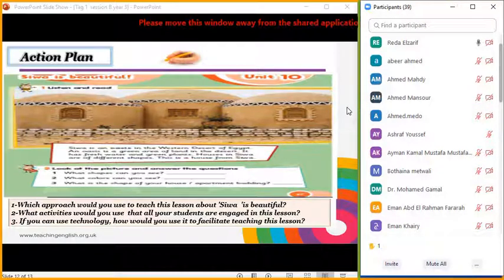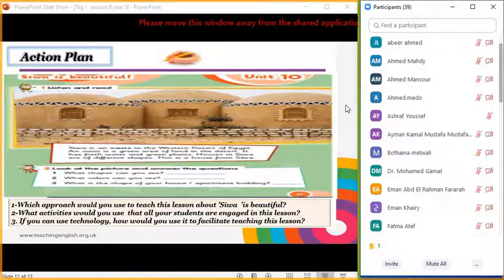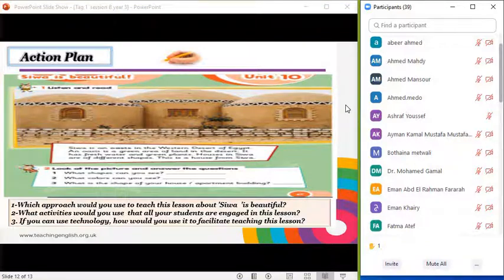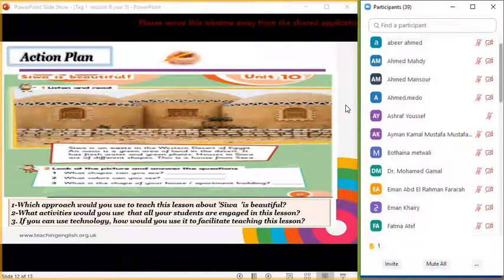Thank you very much, Mr. Rida. In my opinion, the target of this lesson does not depend on Siwa itself. It depends on different shapes and different colors. He wants them to learn colors and shapes from different houses in Egypt, and chose Siwa as an example, since Siwa is beautiful. If you look carefully at the picture, you can see it concentrates on shapes and colors.